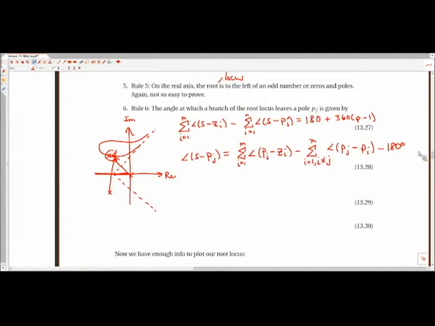Okay, minus 180 degrees. So I've just rearranged this. What I've done is just pulled out a single one of these phase angles out of this term, moved it to the other side, then moved the 180 to the other side as well. Okay, so what this is saying is that our departure angle